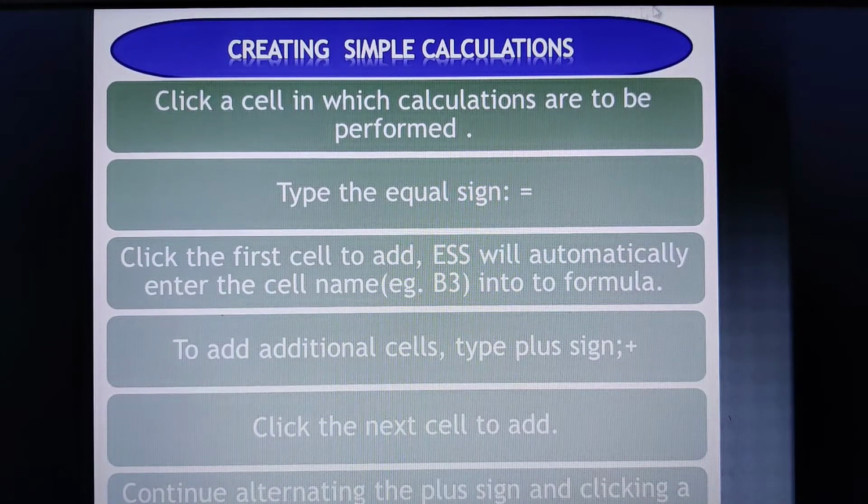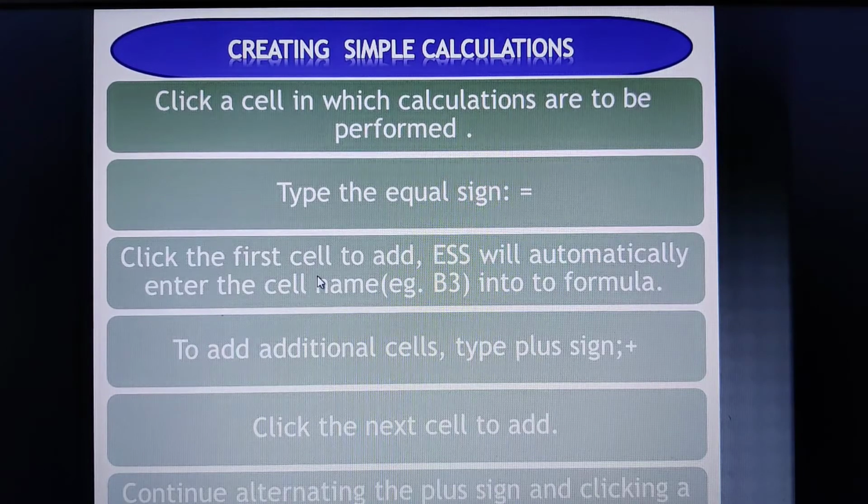First thing, we need to click in the cell where you have to perform the calculations. After you click onto the cell, that cell becomes an active cell. Then place an equals to sign. If you are using any inbuilt function or any normal formula you would like to write, the formula will always begin with an equals to sign. Suppose you skip the equals to sign and write the formula, that will not perform any kind of calculation. So equals to is a must.